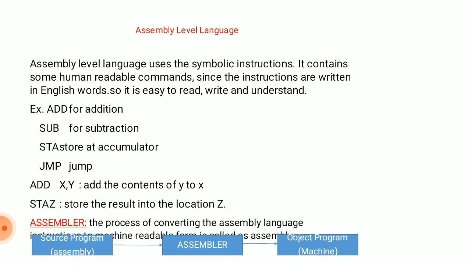Here source program can be written in assembly level language which is understood by the user or the human beings, whereas object program is written in machine level language which is understood only by the computer. Okay, so this is about the assembly level language.